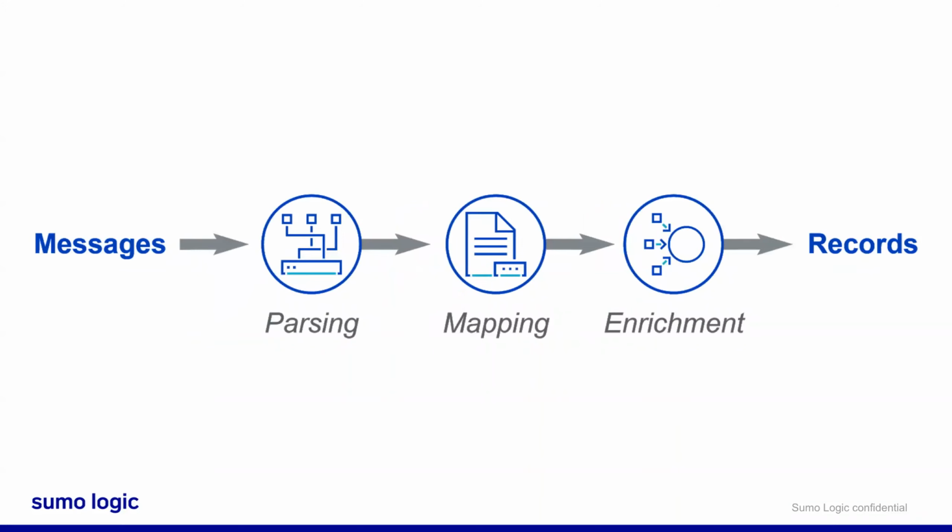Now, before Cloud SIEM can generate security insights, the log messages must go through a little processing first, as I was describing. So Cloud SIEM is going to process the messages and turn them into records. Each record will contain the information from a message, which is parsed into key value pairs. Once again, those key value pairs come up again. And those are going to be mapped to the Cloud SIEM schema and enriched with other data. So let's look at an example of this.